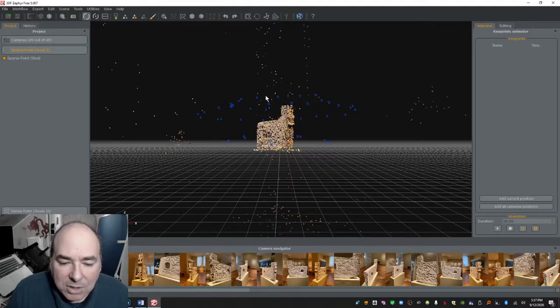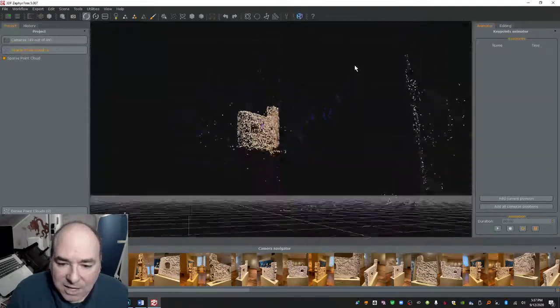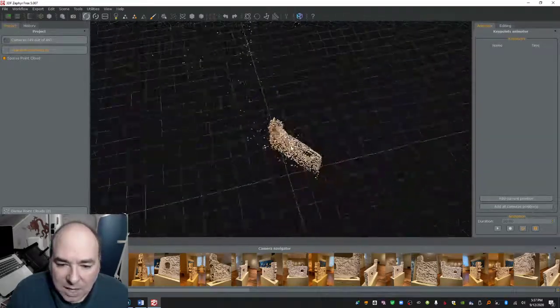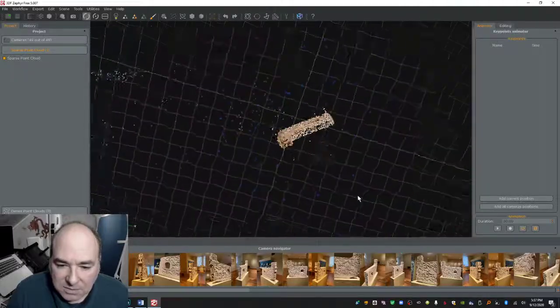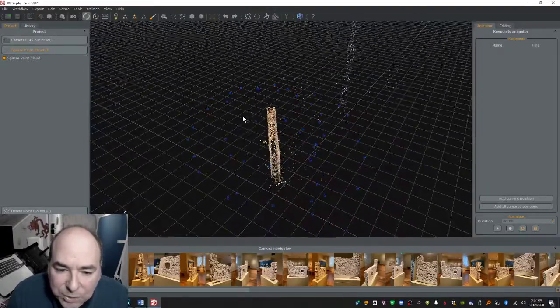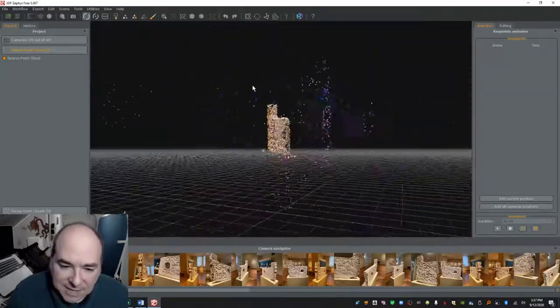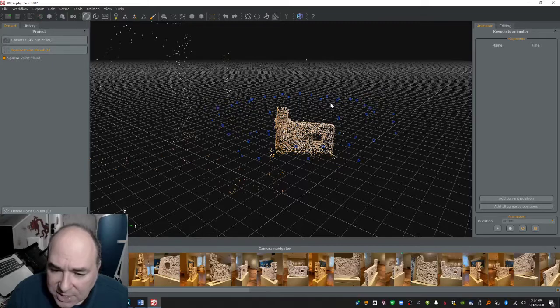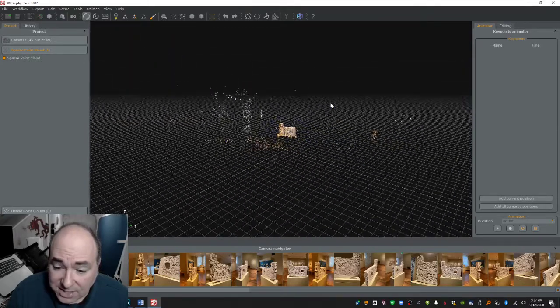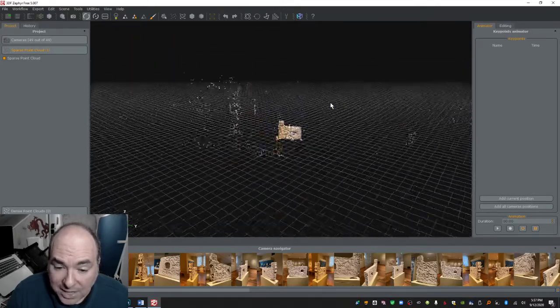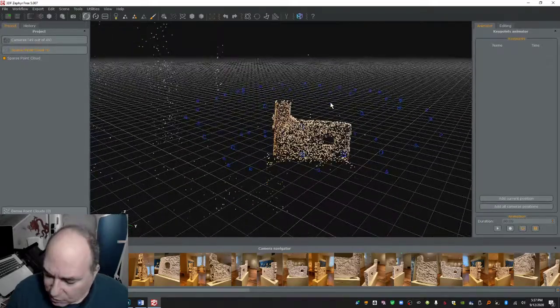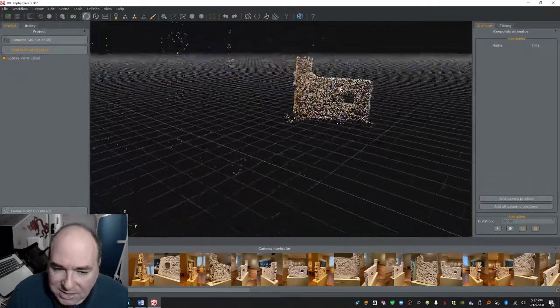Now right now we're in the enable orbit style, which means that if I come over here, I can actually orbit around what would be the central point, which of course makes sense. All the little blue things are the cameras, which is wild. And if I use the center mouse button, the scroll wheel, I can zoom in and zoom out. And I also can click the scroll wheel and slide back and forth